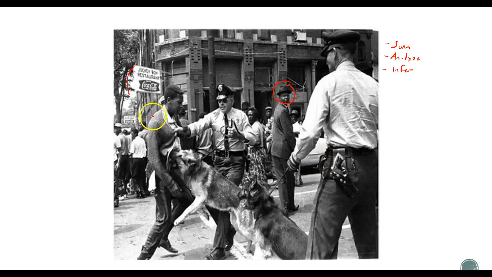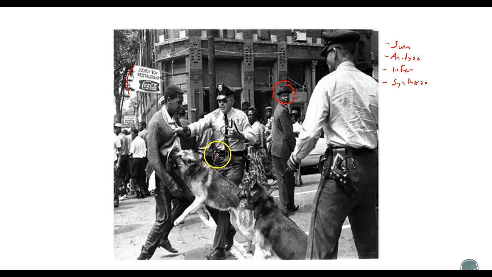So if we make some inferences about these different components of the picture, we can say probably this picture took place, let's say, in the 50s, the civil rights movement. It looks about that time period. And it definitely sort of looks like an aggressive attack of this man. So if we synthesize, after looking at these different components, we would say, overall, this seems to be a picture of police brutality or discrimination. It doesn't seem like a justified arrest of this particular man because he looks innocent and the police officers look